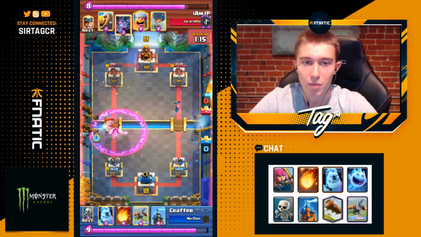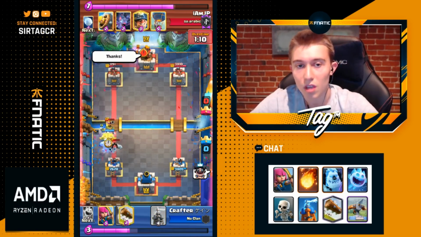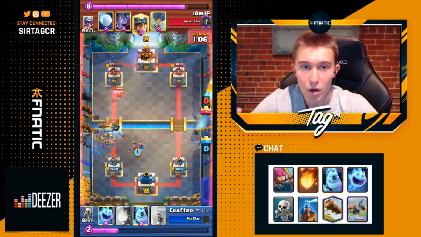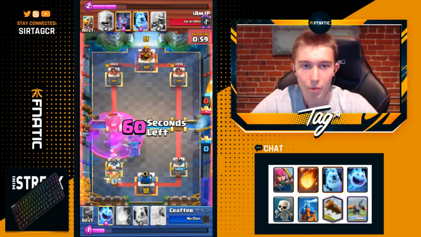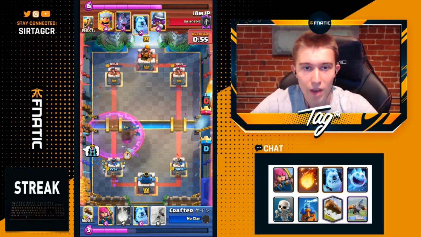I know he wanted to be able to, because then the Musketeer and Lumberjack would just get slaughtered. In a lot of situations, if you guys are able to do that and they don't have a big spell, a lot of times you just want to go in for defensive Expos and then a big Expo, because they can't kill it from afar ever. Unfortunately, with Barb Barrel, it's not really an issue for IMJP, so Crafter's just trying to get a lot of